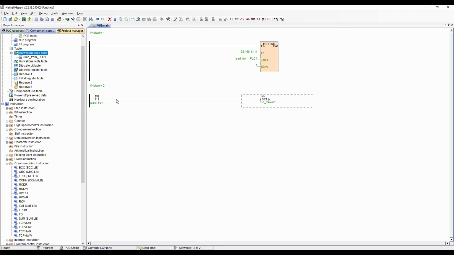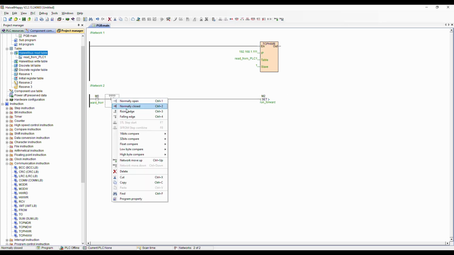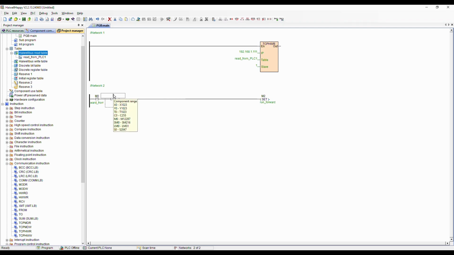Yes, run forward. And we will do it only when it's not pressed already, it's not running already. M2. Okay, new network, and we do the same for backwards